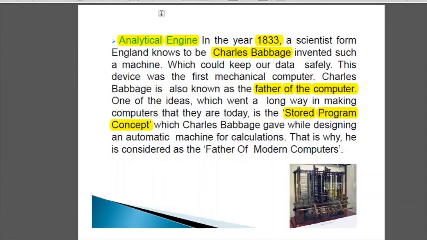was the first one to give us the analytical engine. That means he was the first one to give us the basic concept of the computer which is being used today, and that is the stored program concept. What do you mean by stored program concept? Stored program concept means that the computer has some memory and the program is stored inside it. Basically, he gave the idea of memory, how we can store things inside the computer and use that information in future. So this is the basic concept which is also used in today's modern computers. That is why he is considered the father of modern computers.